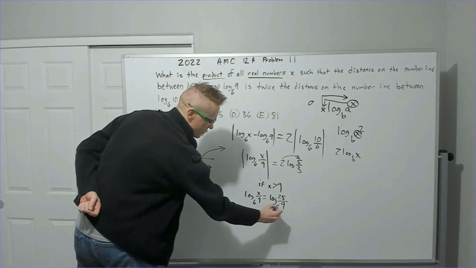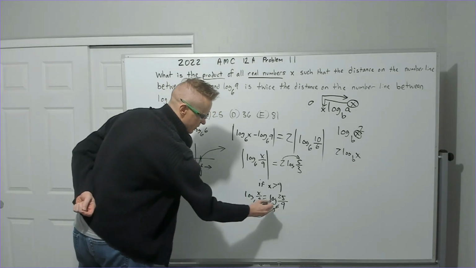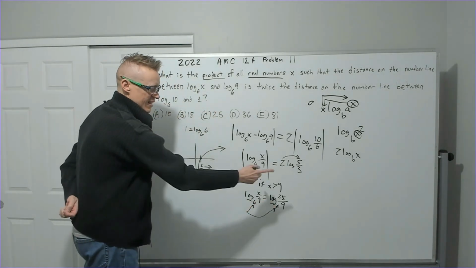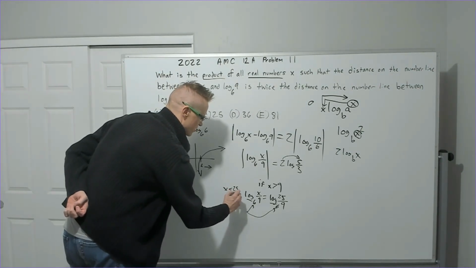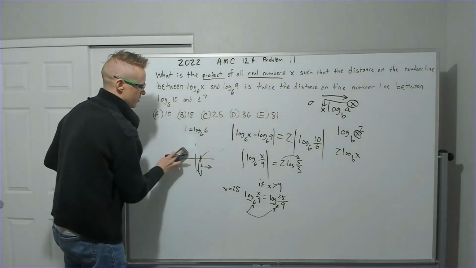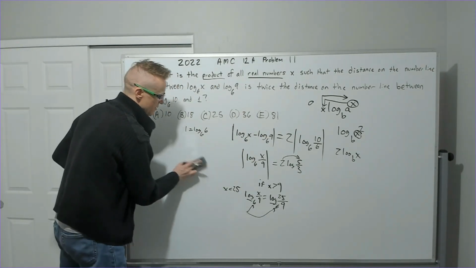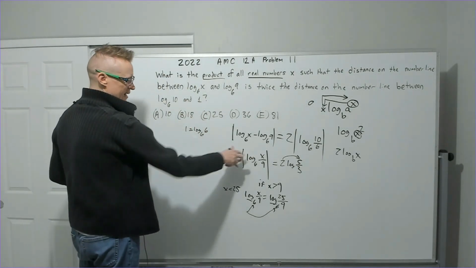Now that we have the bases the same, log base 6 on both sides, it just means the inside parts are equal, and you're going to get x equals 25. I'm going to go ahead and erase this graph now so I can do the other one. Now, if x is less than 9,